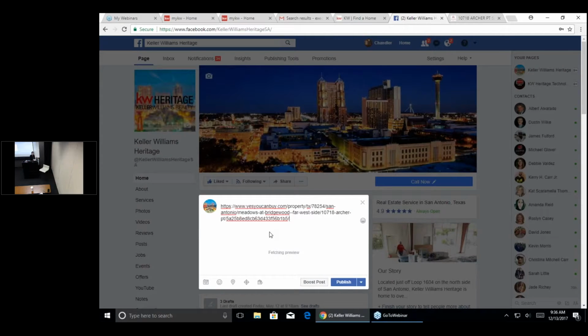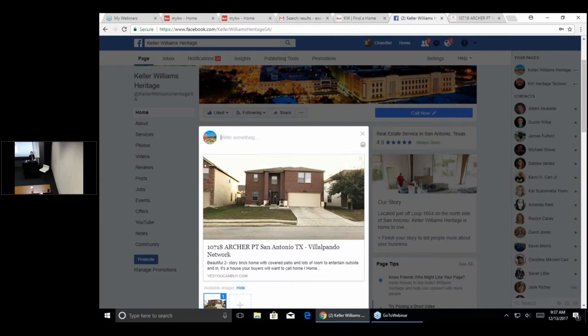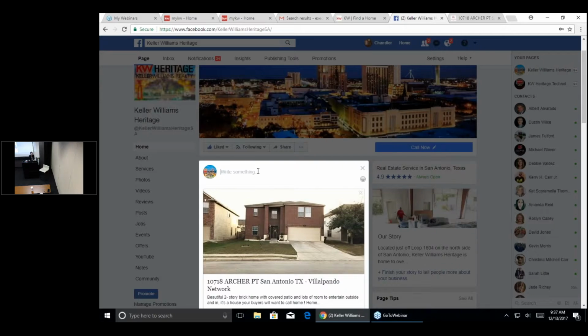That way you can generate more traffic to your website, and it'll fetch the little preview, so you can see it already generates the picture and stuff, so it's kind of cute. Once the preview is generated, you can backspace the URL, and the preview will still stay, and they can click on the listing. And then you can talk about your listing. So we can say, you know, beautiful,